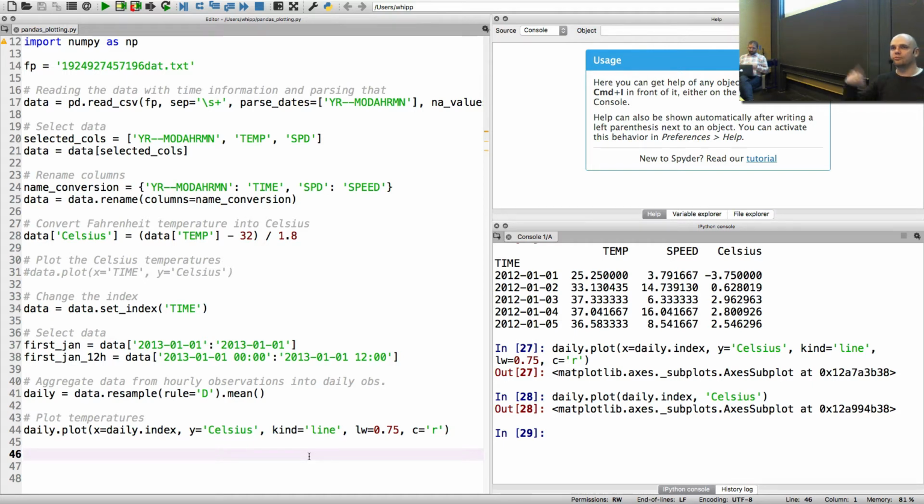Instead, you want to do that automatically as well. So that is also easy to do. So we can save the figure to disk, and how we can do that is